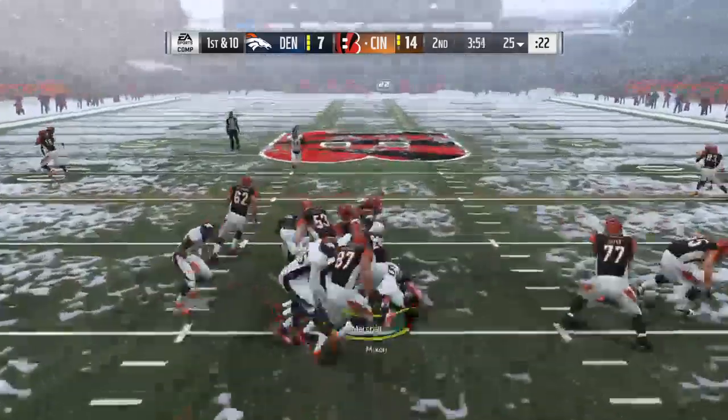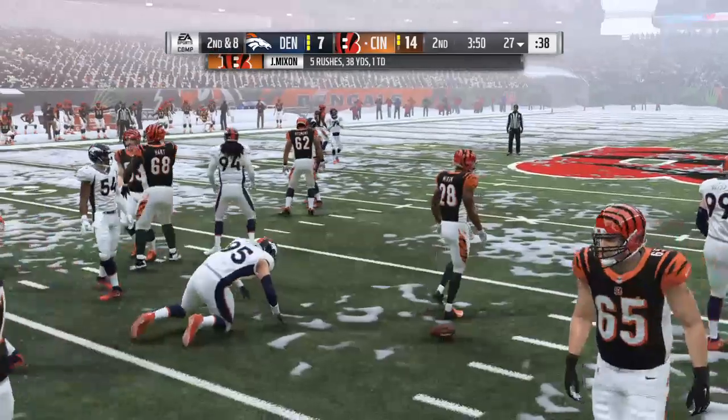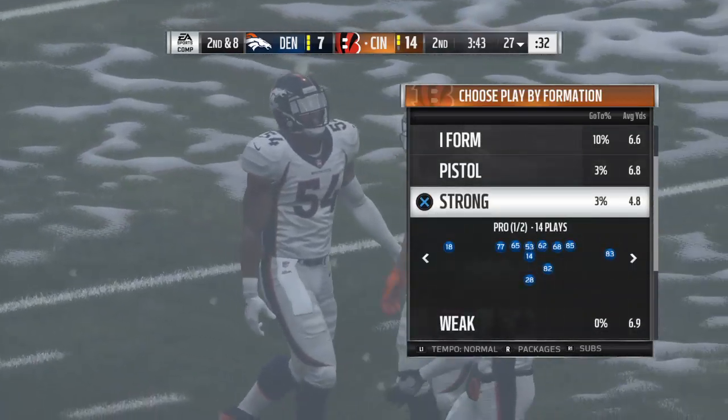The drive will commence with a run by Mixon. And he'll fight forward to about the 27-yard line. 2 yards on the carry there. It'll be 2nd down. They'd love to just strike back with a touchdown right here. And if it's a long play, so...